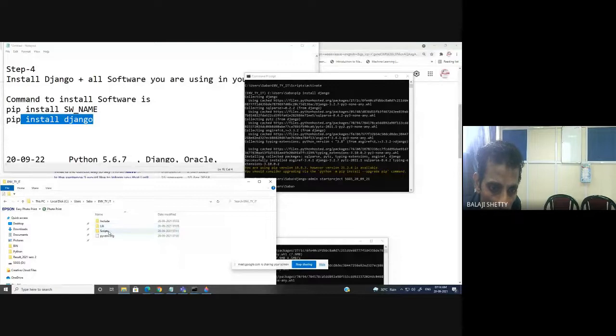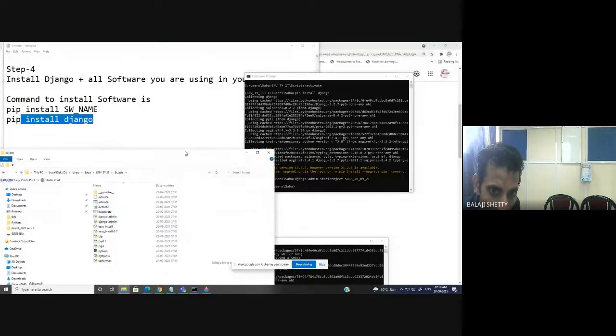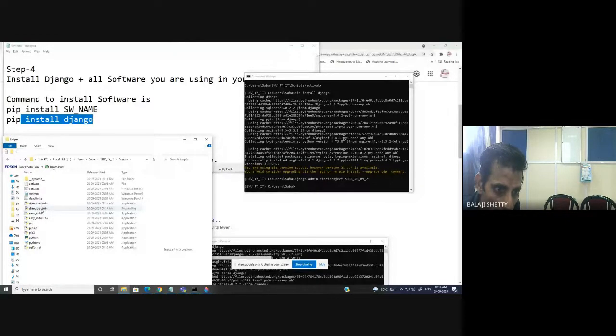Here in the Scripts folder, we have the activate environment script, Activate, and in that you can see some packages. One of the packages is the Django admin application. Activate, deactivate, pip, pip3, pip 3.7. You can use all these alternatives also, or easy_install. You will learn everything as you go ahead.